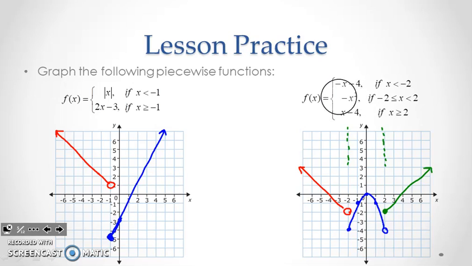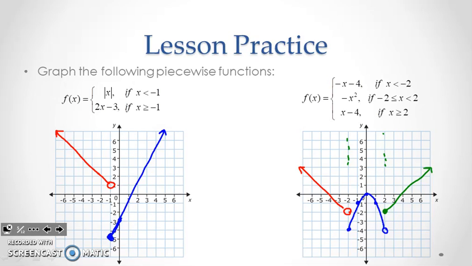Middle function, -x squared. That's my parabola. Negative's on the outside, though, so negative on the outside makes it flip vertically. So my parabola flipped vertically. And that one is between -2 and 2. So here in between -2 and 2, that's the only spot that our parabola is. And then on the right side, this x minus 4 here, that's again a line, and that's to the